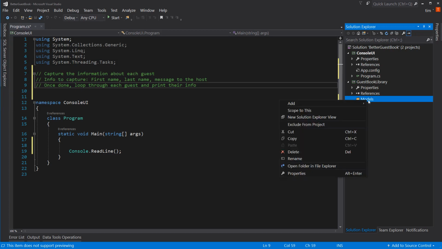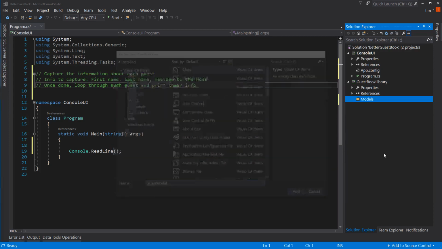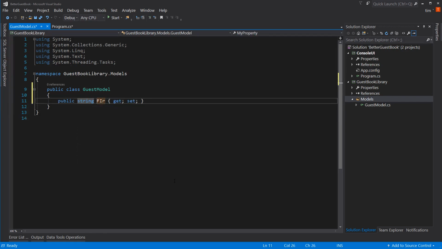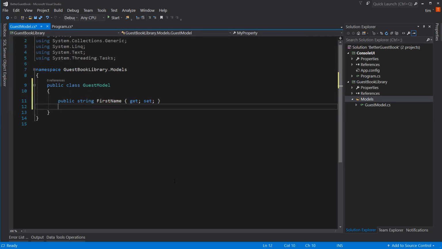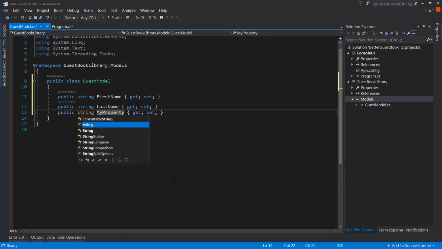So in Models, inside here, add a class. We're going to call this, let's call it GuestModel, because that's a little more specific than Person, because a person might not have a message to the host, but a guest does. Make it public. Then string FirstName, string LastName. I'm using that prop, tab, string